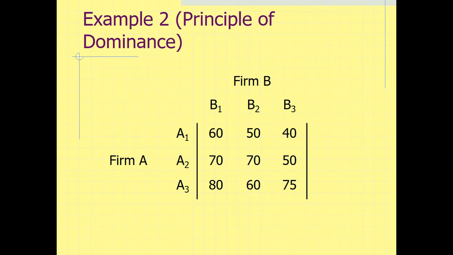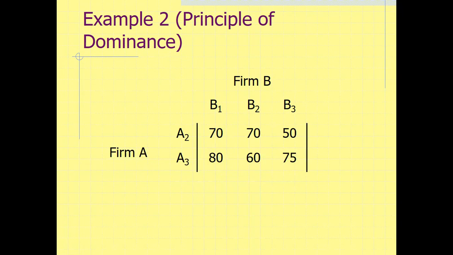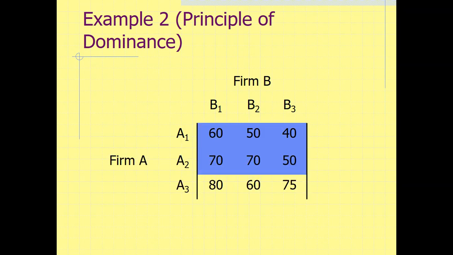Using the dominance property to find the best mixed strategies for both the firms and find out the value of the game. The given game has no saddle point. If we look at the columns of the payoff matrix, it is observed that the elements of the first column are greater than or equal to the